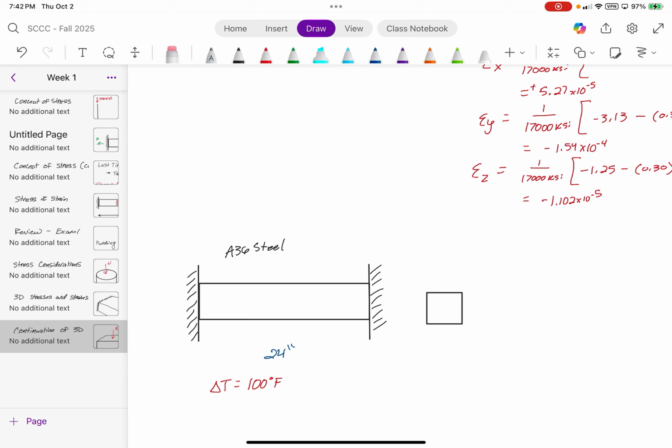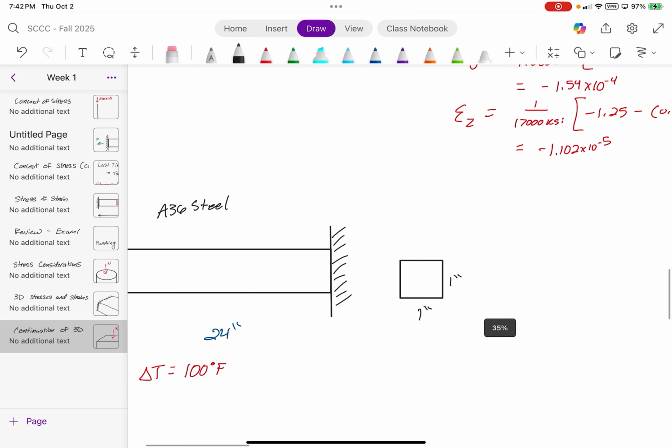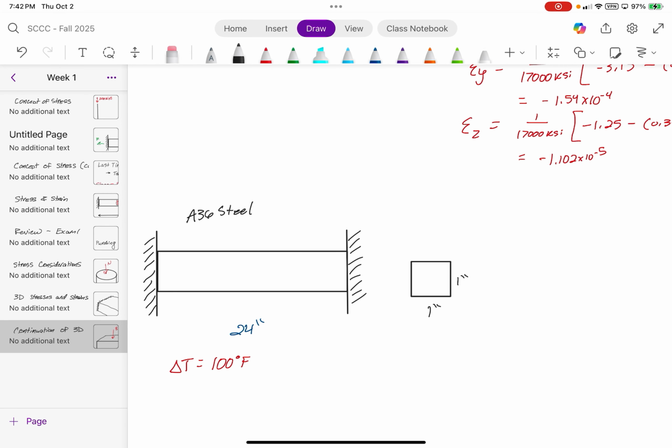If its cross-section is 1 inch by 1 inch, knowing that E is equal to 29,000 KSI and mu is equal to 0.30,